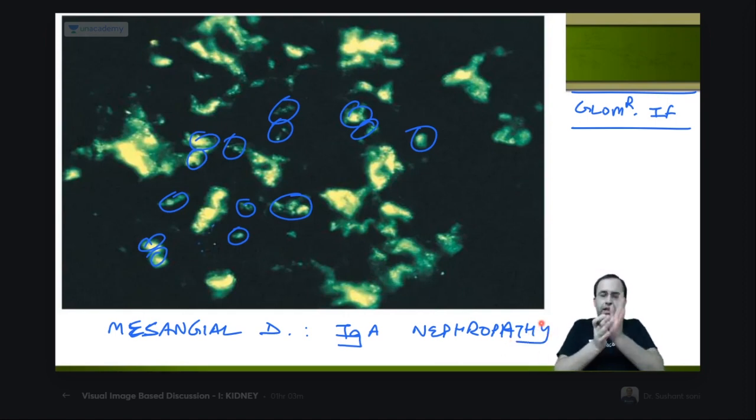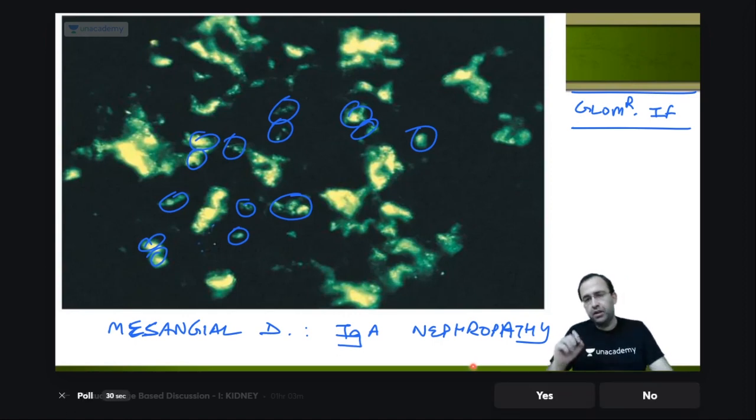You know that HSP and IgA nephropathy are a continuum of the same disease. HSP is seen in children, IgA nephropathy in adults. This was glomerular immunofluorescence. I hope everybody is comfortable till now. Those of you who want me to give slightly more explanation of the question, please write it. So, this was glomerular immunofluorescence.